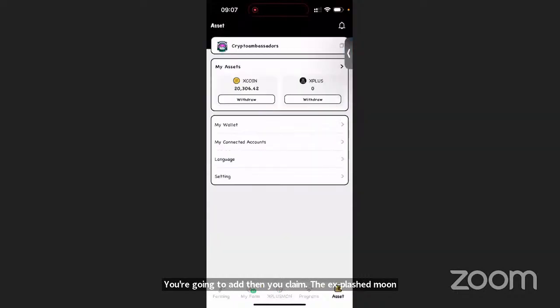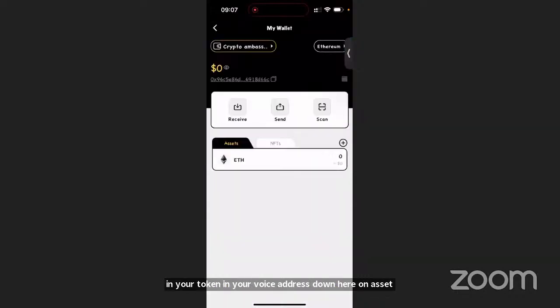Down here on asset, we have wallets, and you can have your wallets here. To claim your X Plus Moon token, you will need to deposit some Ethereum for gas fees. The Ethereum could be as low as maybe $5. For you to do this, you need to copy the wallet address you have, go to your exchange, put some Ethereum in your exchange,